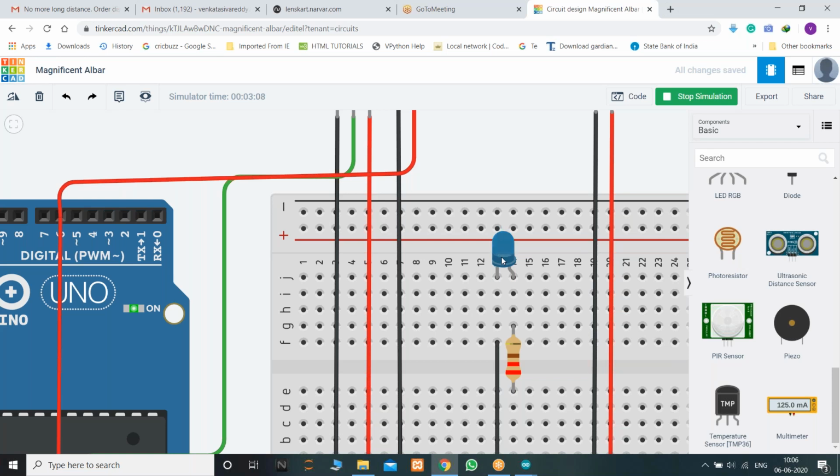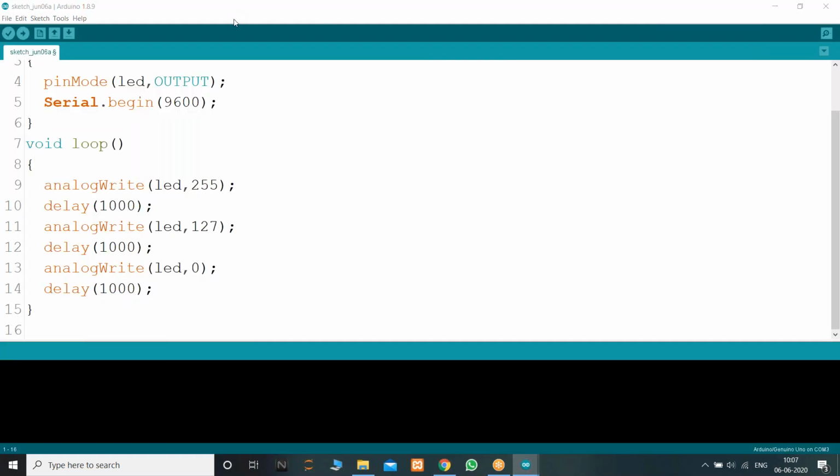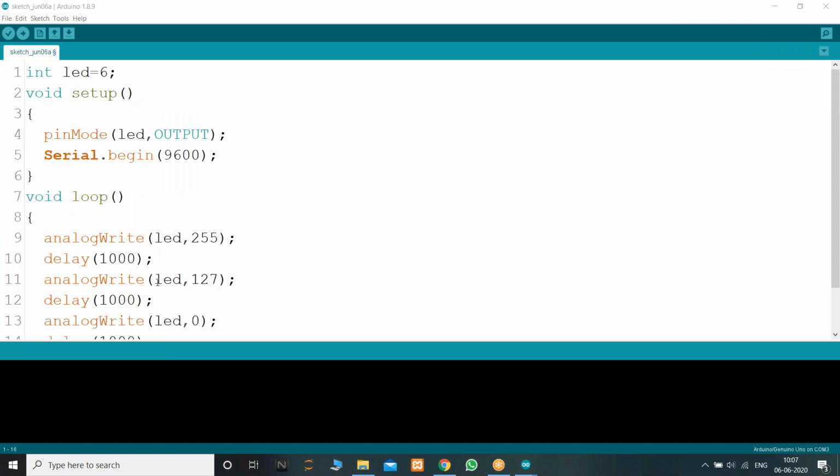My LED is not glowing. So I think you connected it wrongly, please check the connection, sir. If you connected it to any digital pin which is not a PWM pin, it won't work. It shows your program is correct, but the output is not generating this fading effect. It will not generate, so please check your connections and the program also. I'll show you the program. What about others? How many of you completed this?